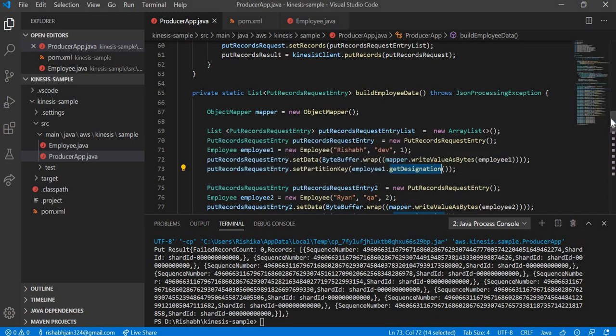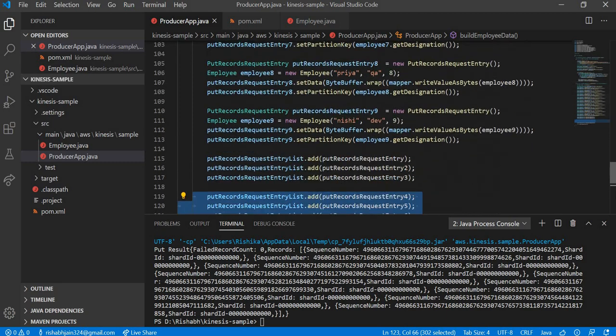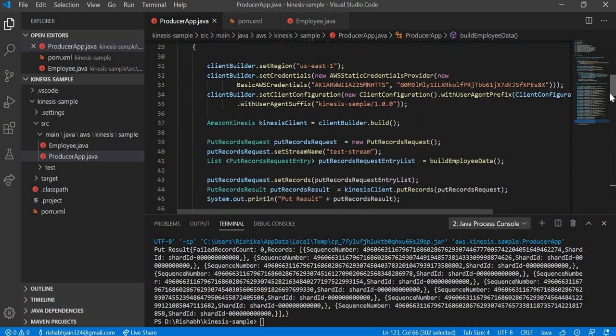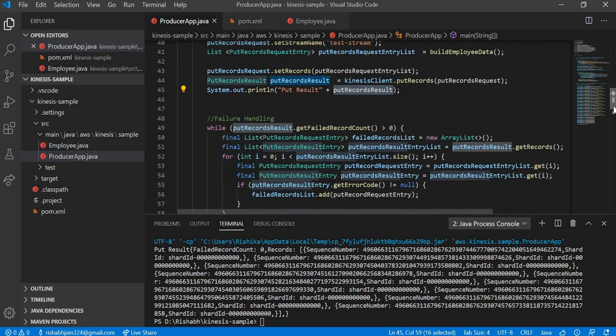Now again, you can create multiple records, and at the end you can add them in the list. So these are my records and I have added all of them in the list. Once we have this ready, we can just use this Kinesis client to put the records and we can get the result. You can be done here, but if you want more, like if you want to check